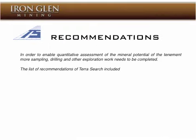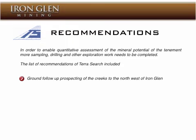Those recommendations of TerraSearch then were that in order to enable quantitative assessment of the mineral potential of the tenement, more sampling, drilling and other exploration work needs to be completed. The list of recommendations of TerraSearch included ground follow-up prospecting of the creeks to the northwest of Iron Glen,